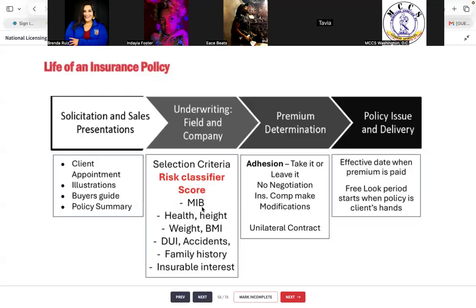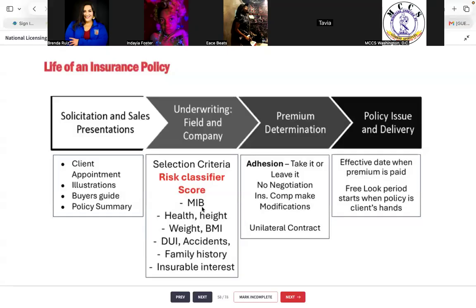They're also going to look at insurable interest. Why are you buying insurance for this person? Or who is buying the insurance? So if I say, you know what, Indea, I'm going to buy insurance on her. I don't know her. I know her name. I see her picture. That's all I know. But if I wanted to buy insurance on her, I would not be allowed to. Why? She's a stranger to me, and me buying insurance on strangers is considered illegal activity.